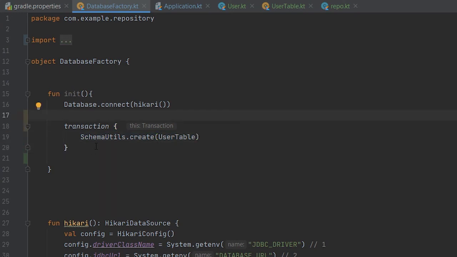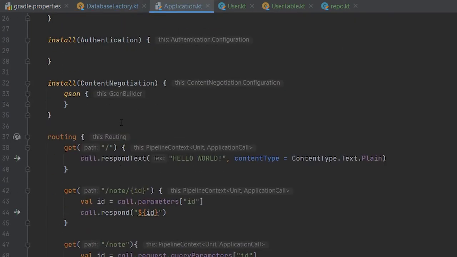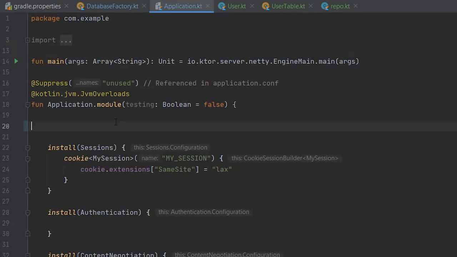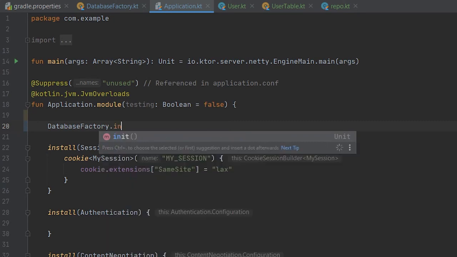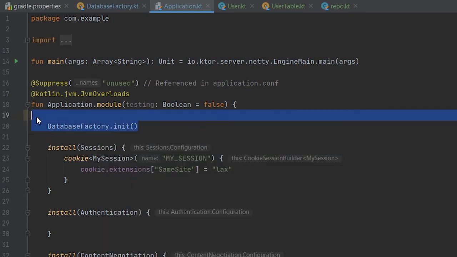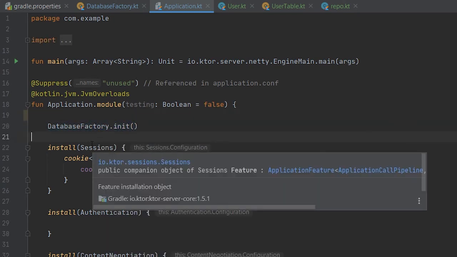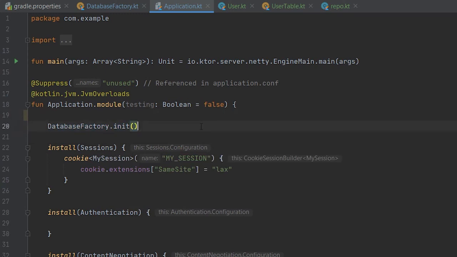Now to check whether our user table is created or not, we have to call this init function in our application.kt file. So go to the application.kt file. In this file, at the starting, we just have to call this function as databaseFactory dot init, and this will initialize our database. If the table is not present in our database, then it will create it. If it is present, then it will simply ignore that.